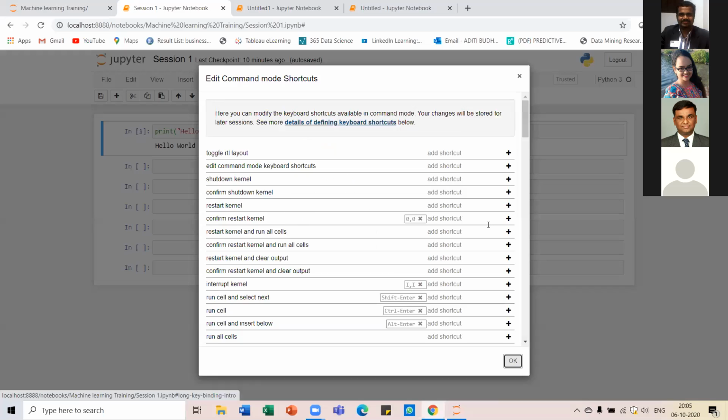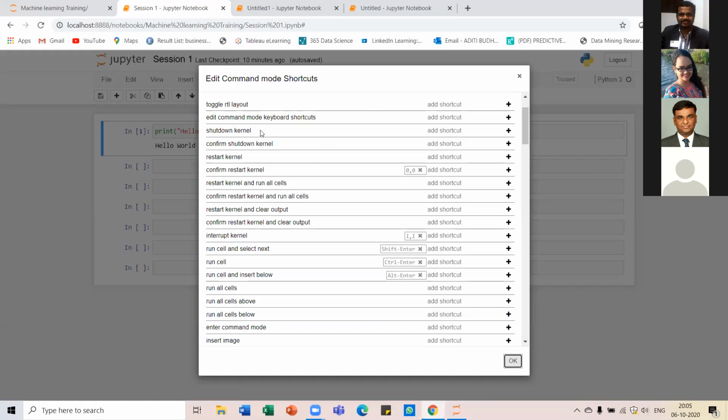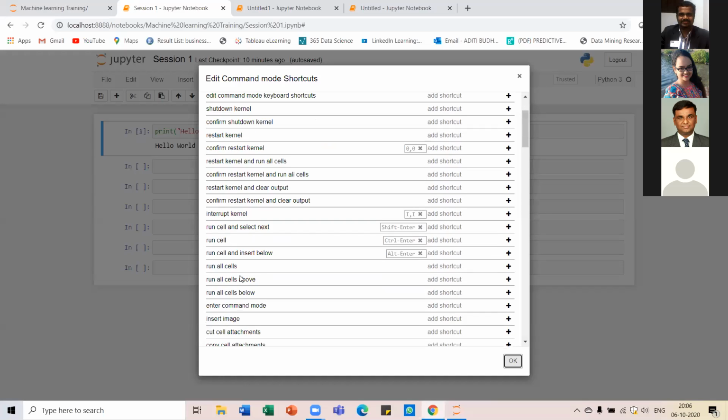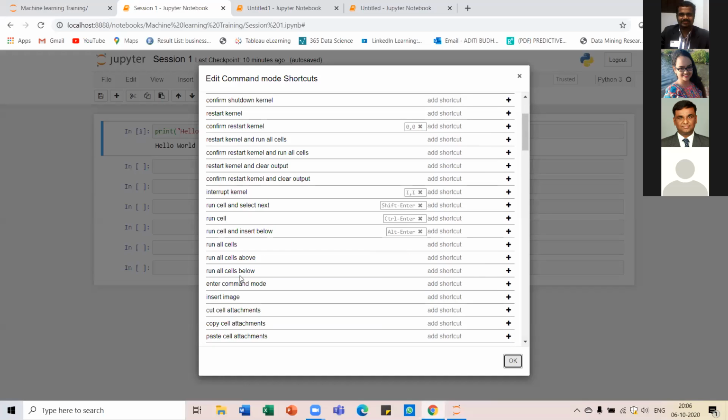You can add any shortcut for the functions which are present over here. Like most of the time we have to use the run cell function, so in order to speed up things, you can add shortcuts. By default, the shortcut is Alt Enter, but you can modify this if you wish to. So here you can just go and add a shortcut.